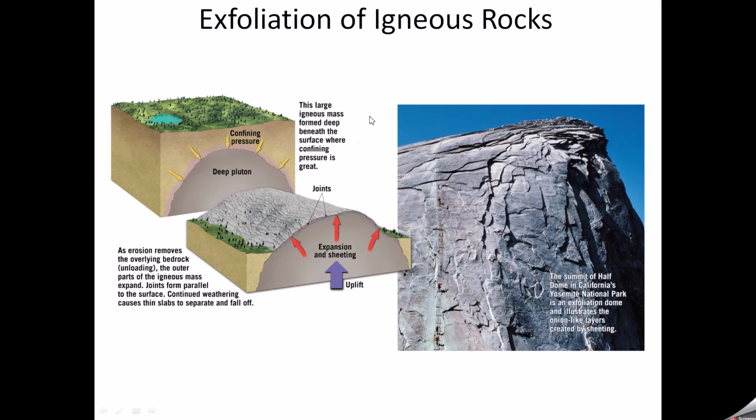The second one, exfoliation of igneous rocks. So we have here a granitic body, igneous plutonic, under the load of the sediments. The sediments create confining pressure. When the sediments eroded, this body will be exposed on the surface, and fractures and joints will form parallel to the surface. And weathering will start taking down this granitic rock as slabs or sheets. And this is the example of the exfoliation of the igneous rocks.